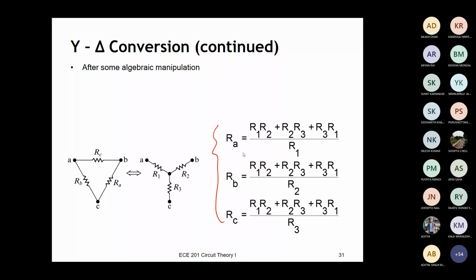Or maybe the other approach, for me it is beneficial. Actually, I follow in that trend. Whenever we want to find out RA, the other side resistance is R1, then we can write it like R1R2 plus R2R3 plus R3R1 divided by R1. So if you want to find out RA, it is R2R3 and then R2R3 divided by R1. So it is A here. So that we can follow.